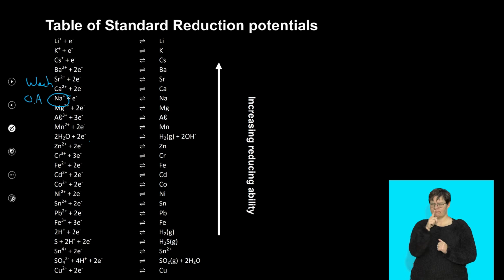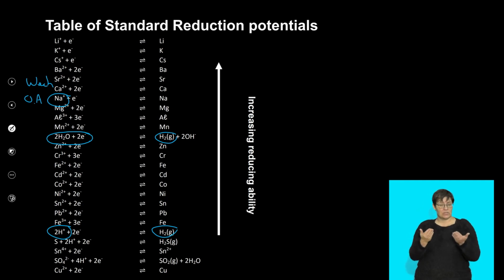hydrogen. The hydrogen's on this side. It's not where we want it. We're wanting to find the hydrogen ion, so that's not going to be that one. We have to recognize that the hydrogen ion is going to be this one here. Hydrogen ion is going to be producing hydrogen gas. But we recognize as well that there's another scenario here, and that is that we could be looking at water. Water is producing hydrogen gas and some hydroxide. And so